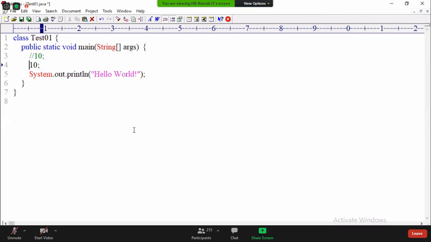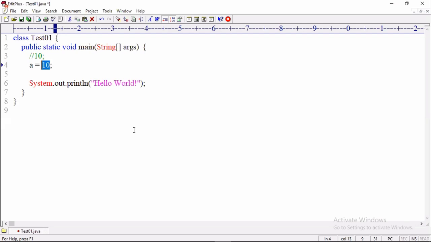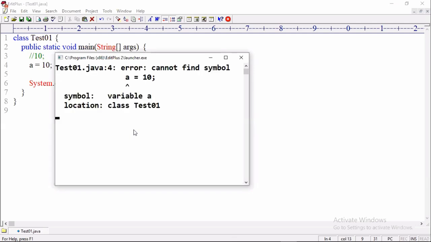You want to store the value first. To store a value, I need a variable. I'm taking an assignment operator: variable name, assignment operator, 10. It is not Java, it is mathematics. In mathematics, if you want to store a value, you assign the value to a variable like this. Your math teacher might have told you a is called the variable and 10 is called the value. Is it compiled? In maths it's fine, because in maths we do not have different types of values, but in Java we have different types and different ranges of values. So the compiler will throw an error. For that I need to allocate memory.